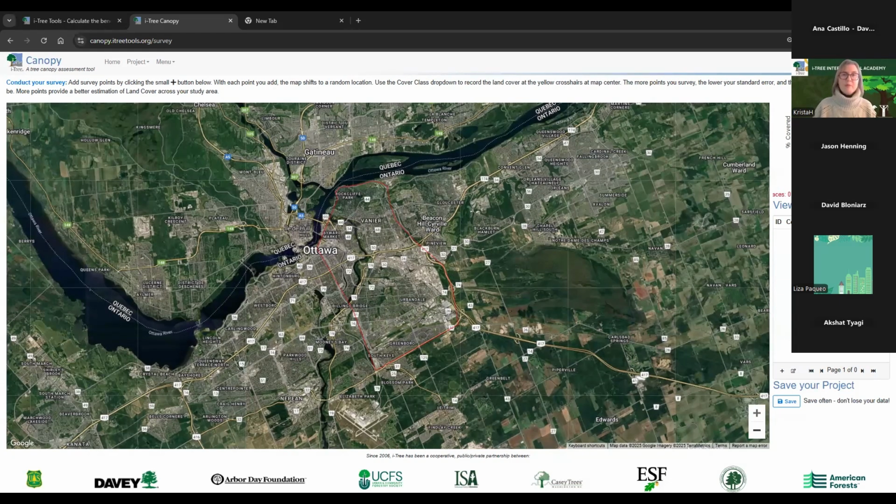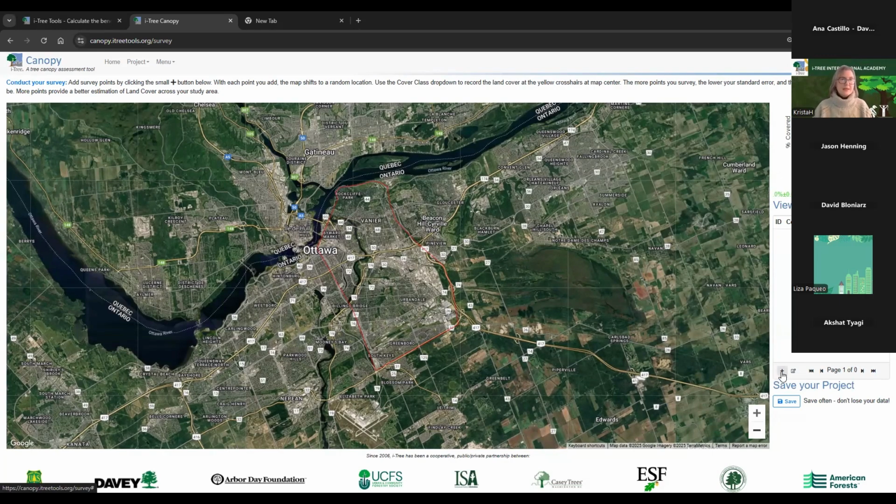And if you remember, one of the things that we did when we set up impervious surface was that we changed the color. This is where some of that comes into play. Those colors will be what are used to identify each of the points on the map once we've selected the appropriate land cover classification. So the very first thing I'm going to do is come down here to this little